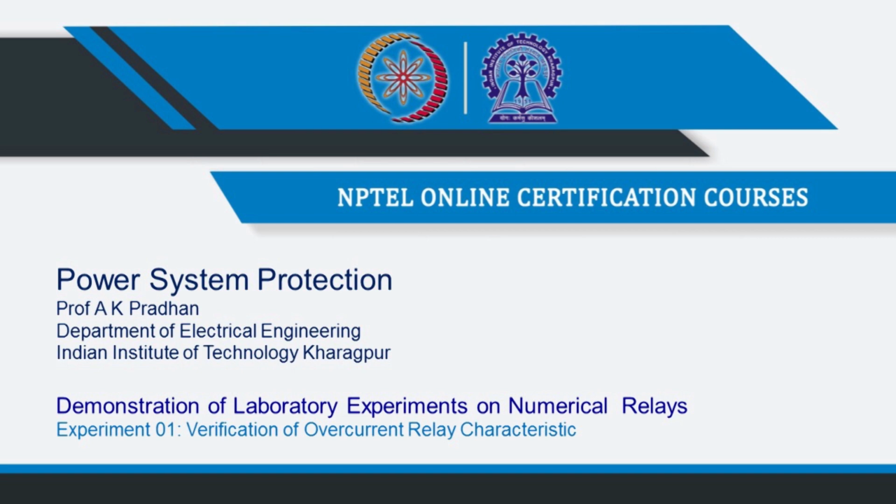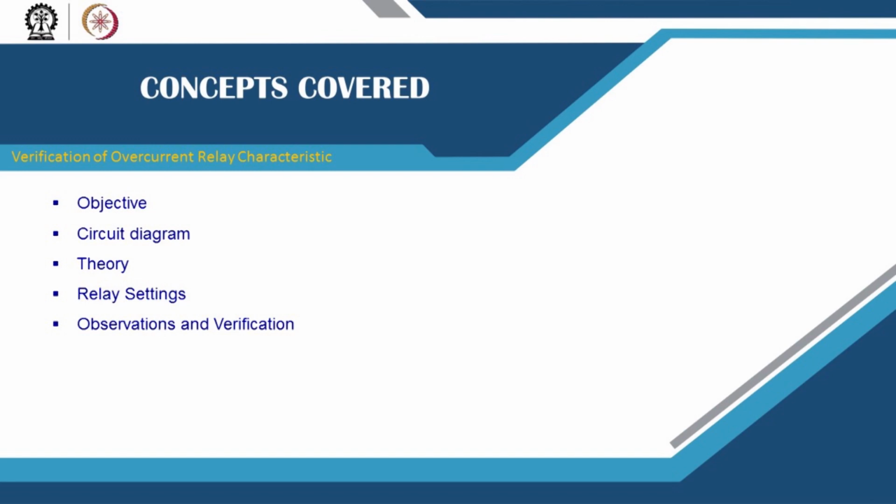So, for this, the objective is to verify the relay characteristics. We mean by that the characteristics set in the relay for a specific type like the IEEE curve, and we will pick up that characteristic. Then through our experimentation for different loading conditions and different fault conditions, fault current versus time, we will obtain the required time of trip by the relay, and then try to verify whether the relay is performing as per expectation or not.